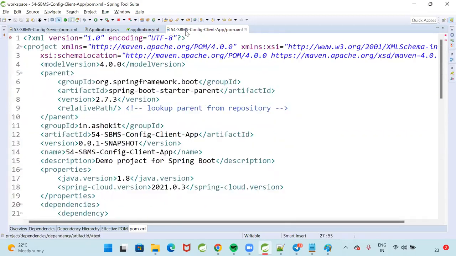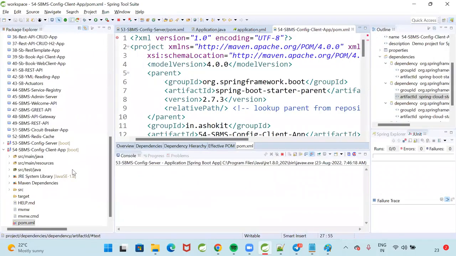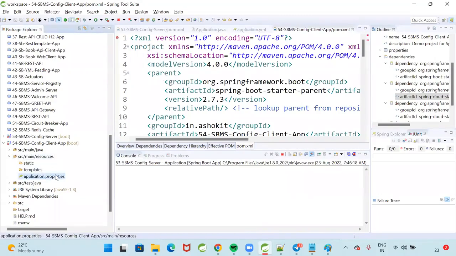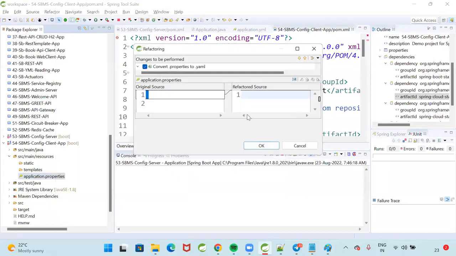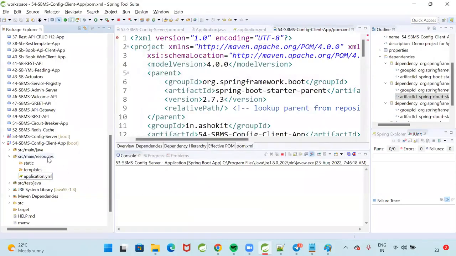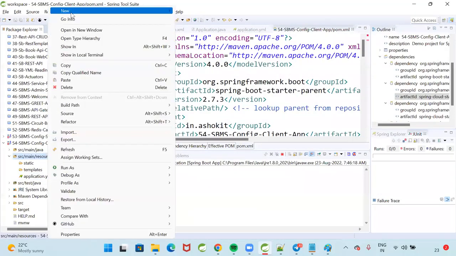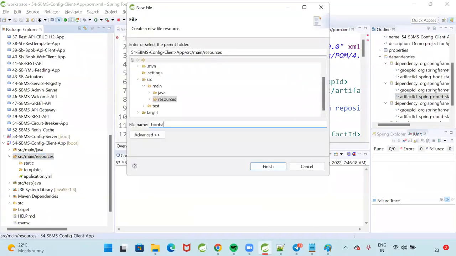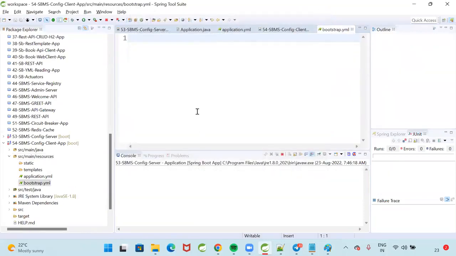These are the dependencies. Once these dependencies are completed, here we have application.properties. Let me convert that to application.yml. Along with this, I'm going to create one more file, that is my bootstrap.yml. In this bootstrap.yml, what we are going to specify,